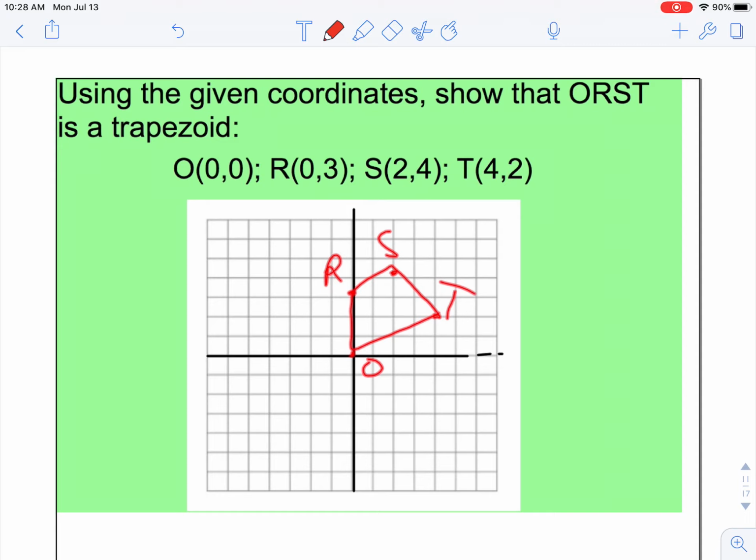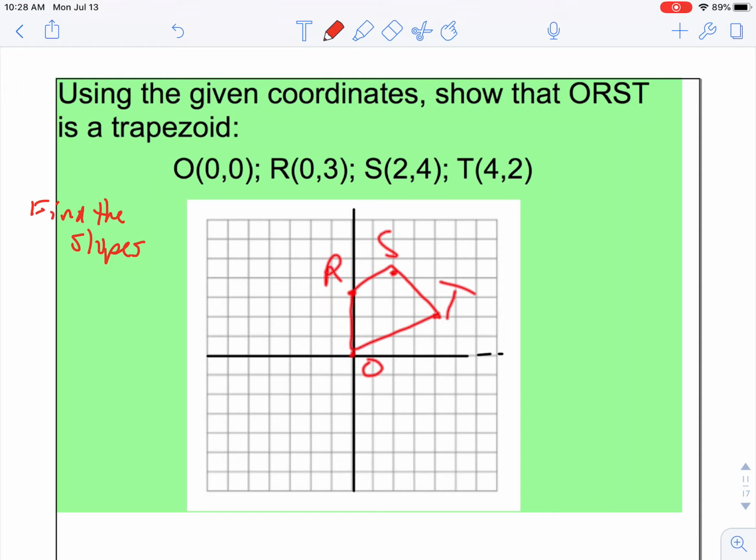Okay, so what if we have coordinates? It says using the given coordinates, show that ORST is a trapezoid. Well, how will I show that it's a trapezoid? I am going to have to find the slopes, because if it's a trapezoid, the slopes should be parallel. And what you really should do is find the slope of all 4 sides to make sure it's not a